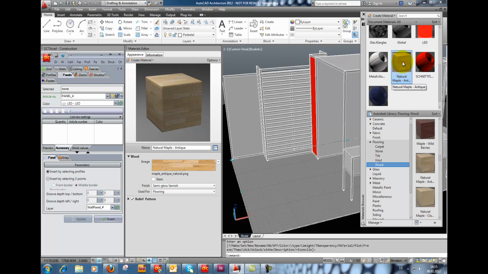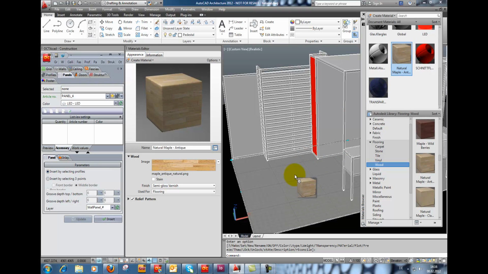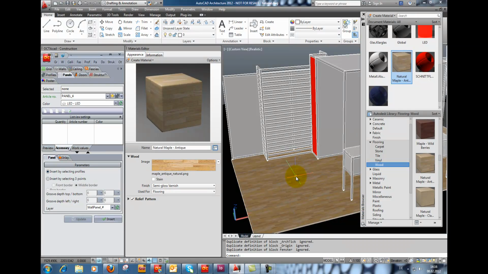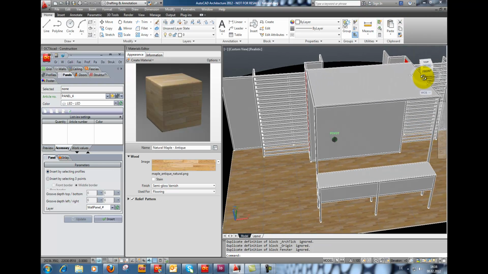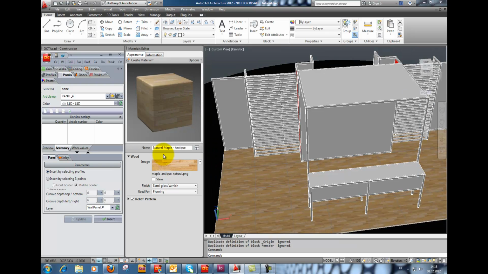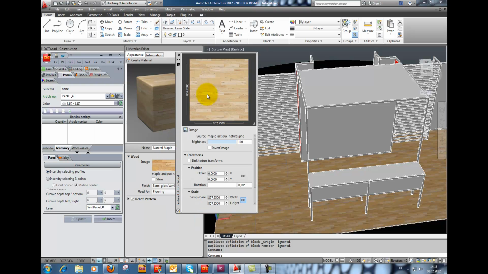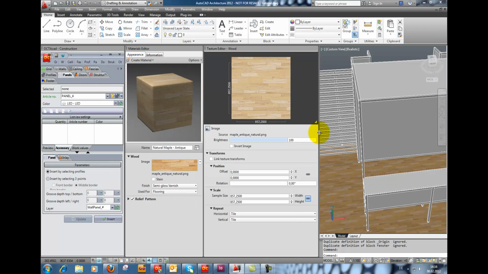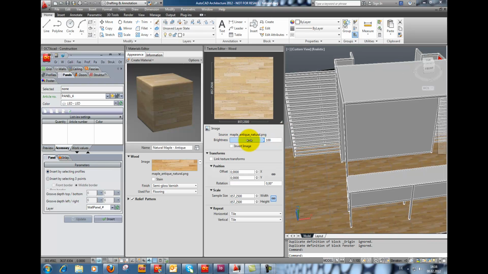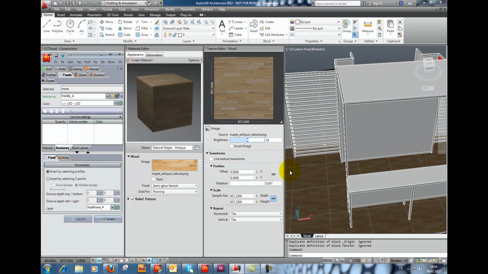We can easily bring that new laminate to our floor just with drag and drop. As we can see, the laminate is now already on our floor. Like I told before, we can change the settings of these materials easily. For this, we can make a double click here and a new window opens. We can change here different settings. For example, the brightness of the material, as we can see here,